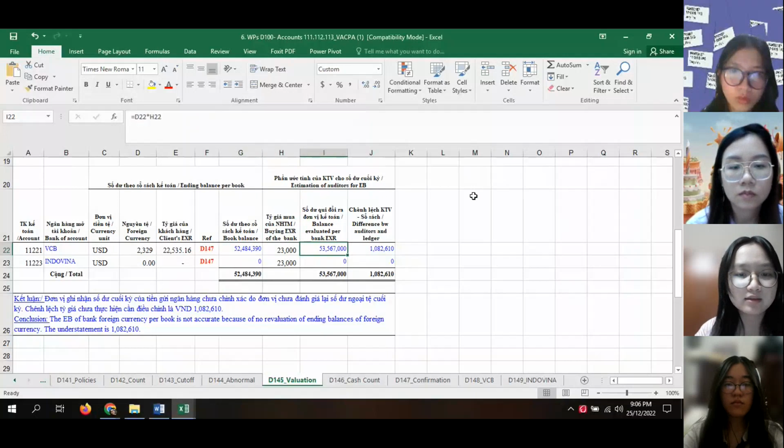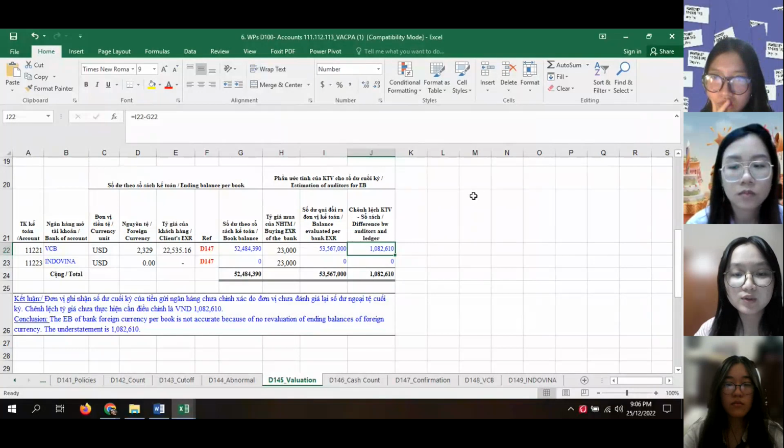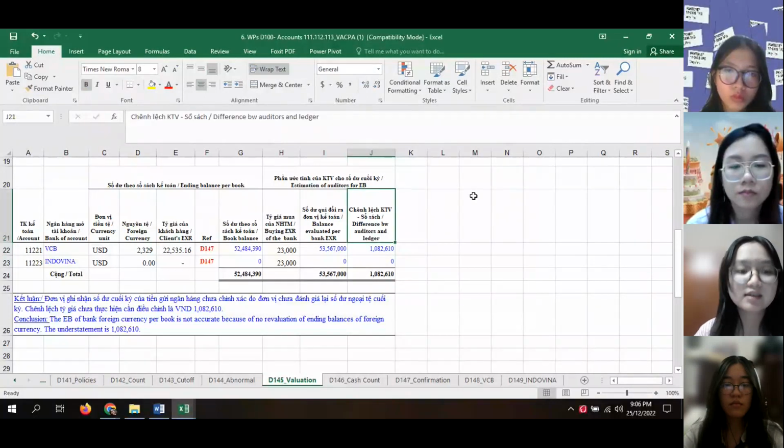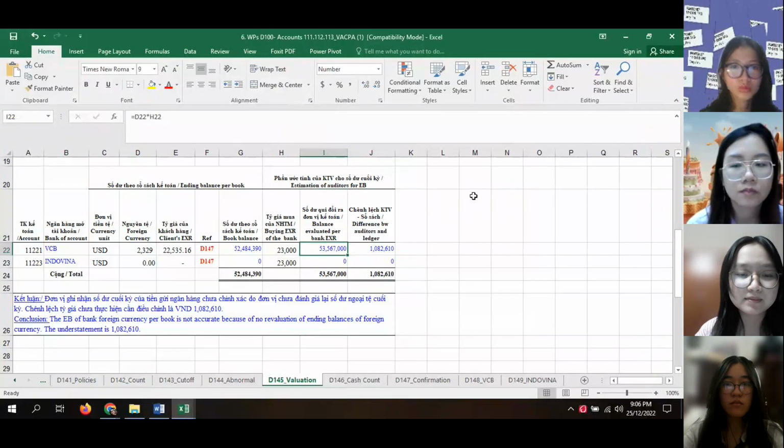ledger is 1,000 and 1,020 and 1,082.610. Yeah, and the total, and after that the total of the book balance is 52,484.390,